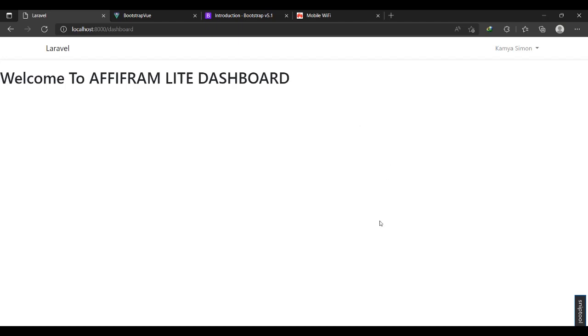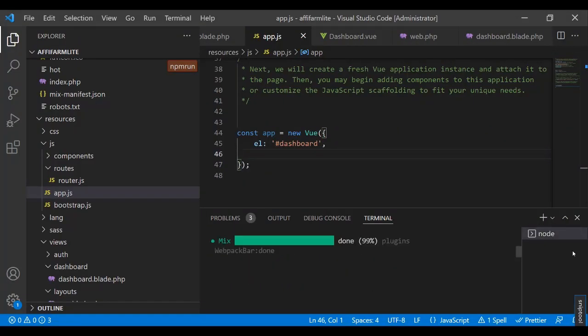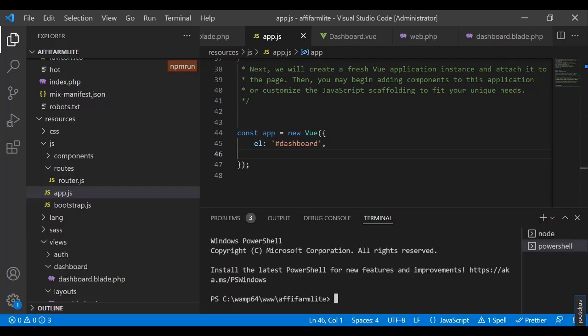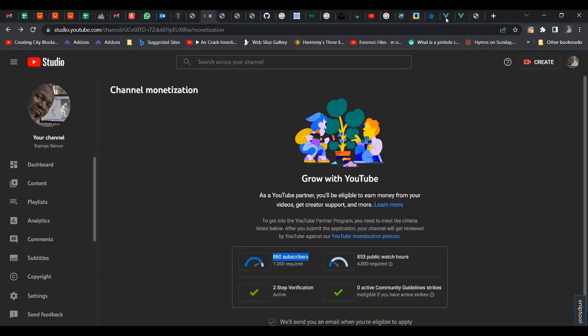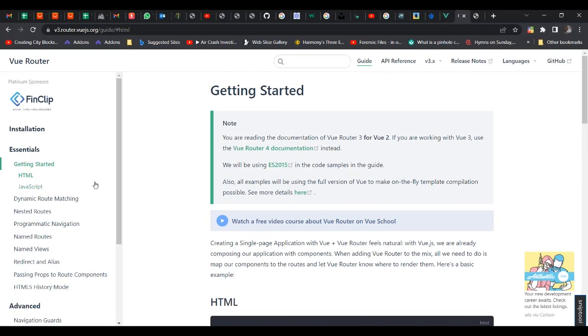So we're going to go ahead and install the Vue Router. Okay, so I'll open a new shell here, and then you go to the documentation, and then take note of this. So we have version 3, okay? We have version 3, so